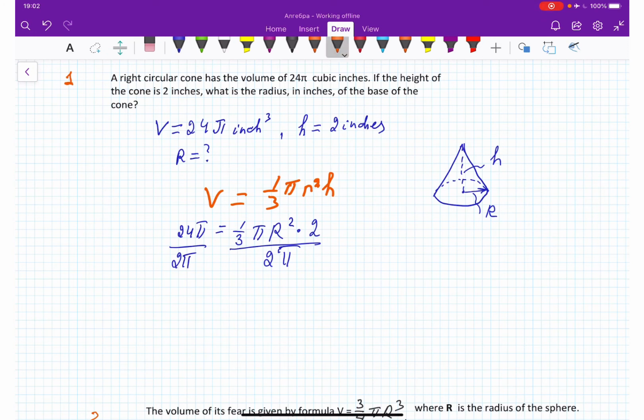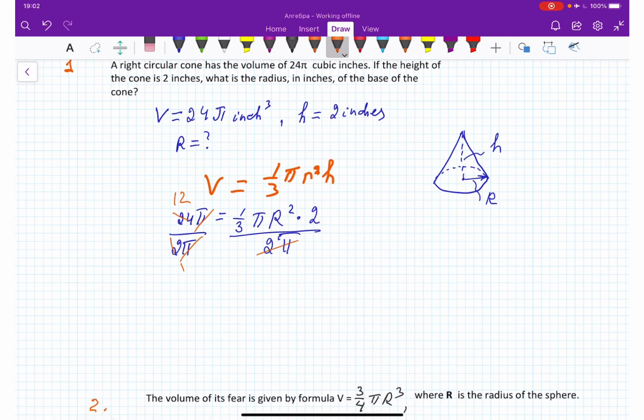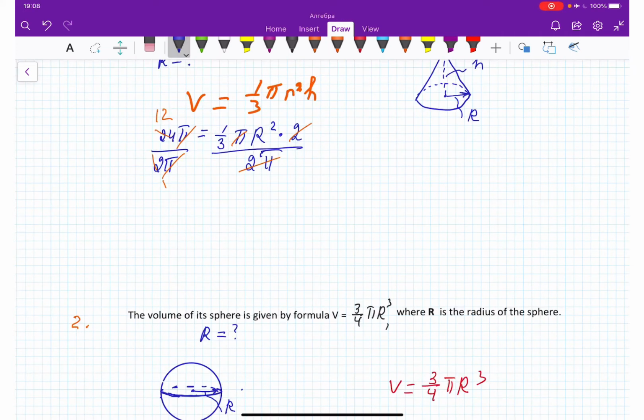So this pi is gone with this pi. This 2 is gone with 24. It's going to be 12, right? And this 2 pi is gone with this 2 pi. So from here we have 12 is equal to